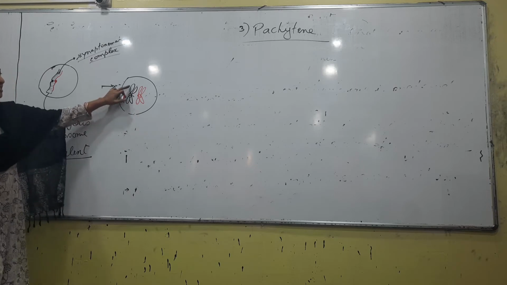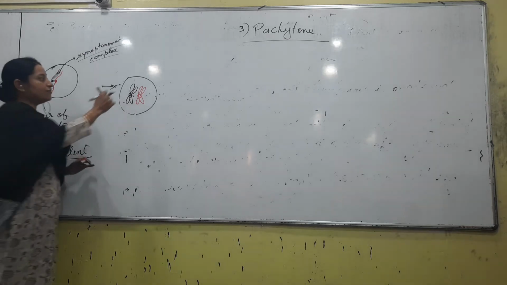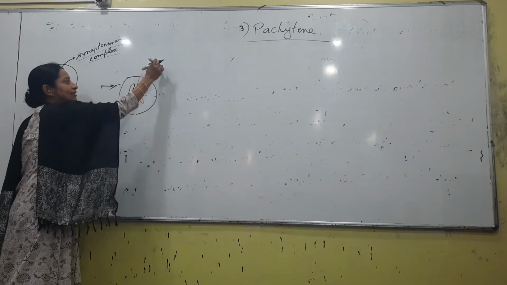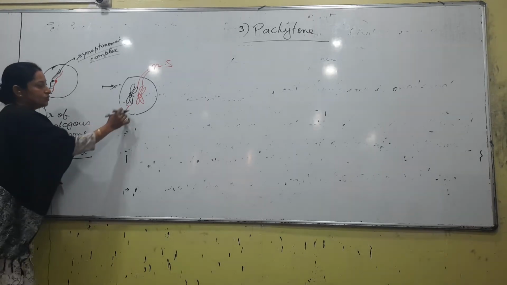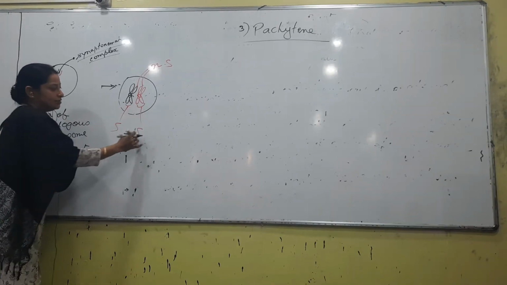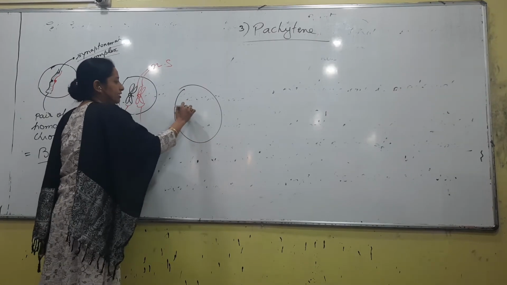If it is attached to one centromere then it is sister, a different centromere, that is non-sister. So if you are talking about this one and this one, what will we call them? Non-sister. But if you are talking about these two, sister, what will we call these two? Sister. What will happen after that? If you are talking about this one,